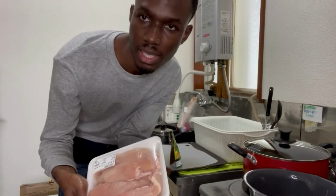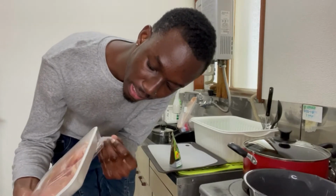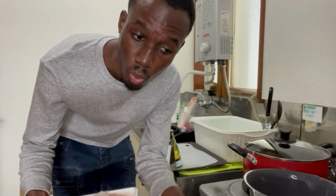So people like to lime and salt their chicken. I don't lime, but I wash my chicken in lime and salt. So I just put on some lime and salt and then I wash it off, because I personally don't like the limey taste, but everybody is different. So